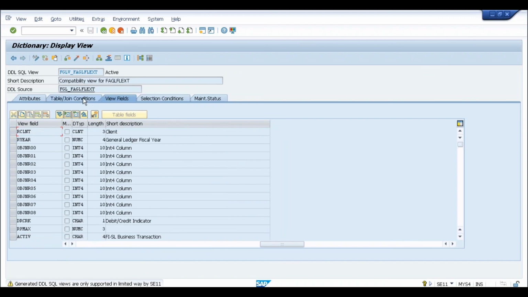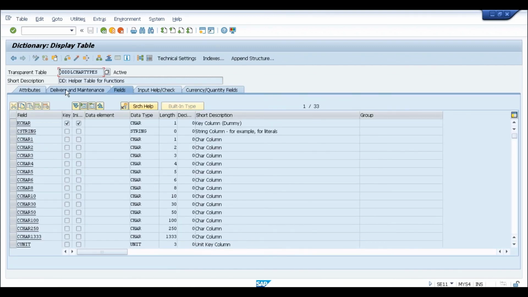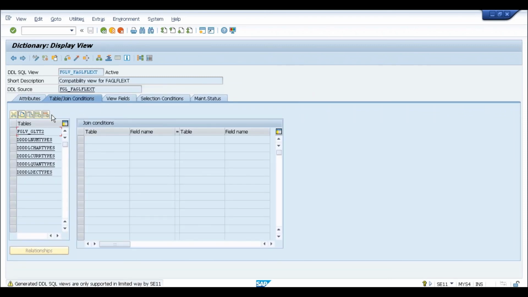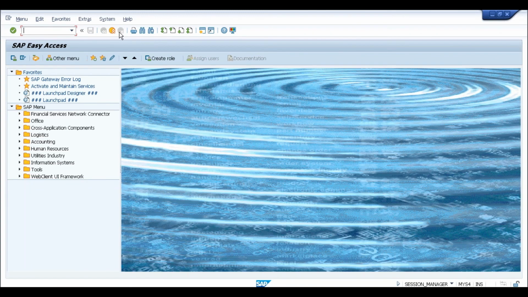From where is the data coming? It is coming from all these tables. Again, if I click on a particular one, it is again a view. So ultimately, all the data is coming from one single table called ACDOCA, from an accounting point of view. So this is one very good example of the aggregate tables, which are only holding the aggregates.